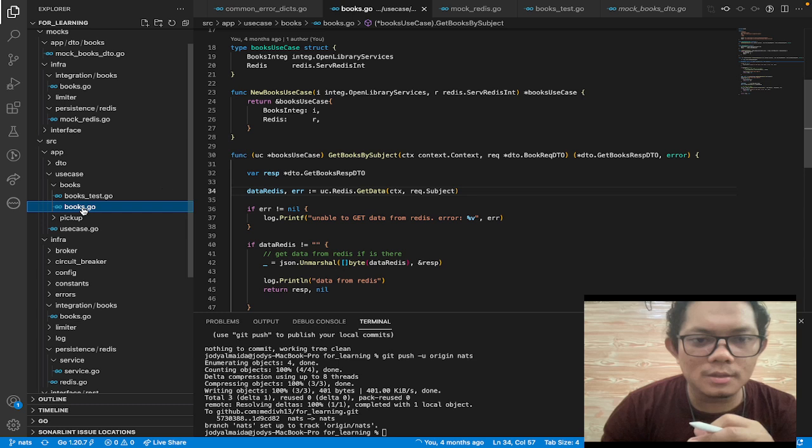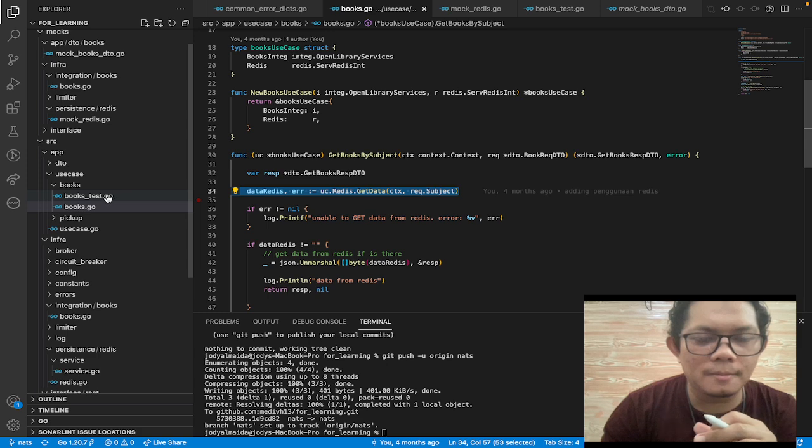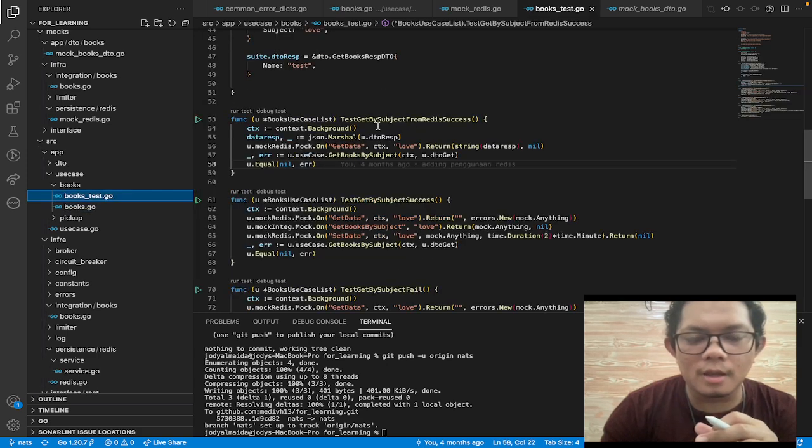It means this line. If it succeeds, I make a method that tests get by subject from Redis success, like this.